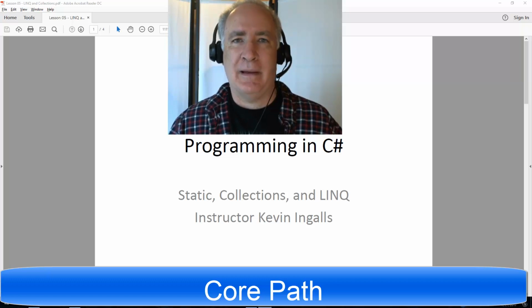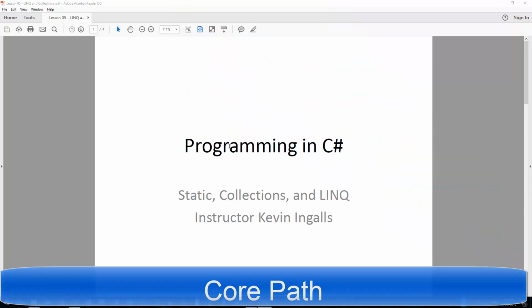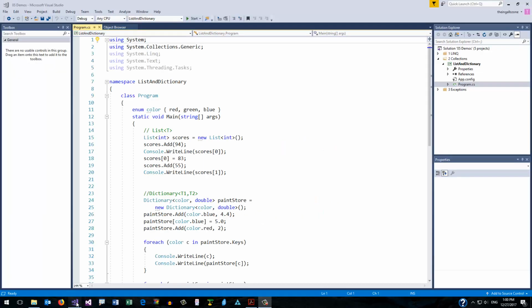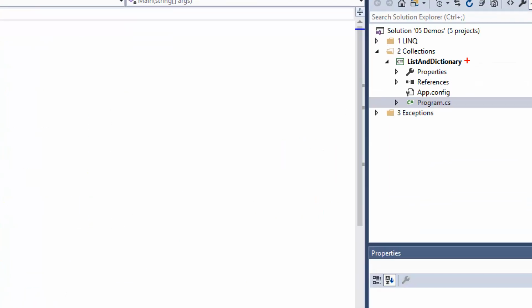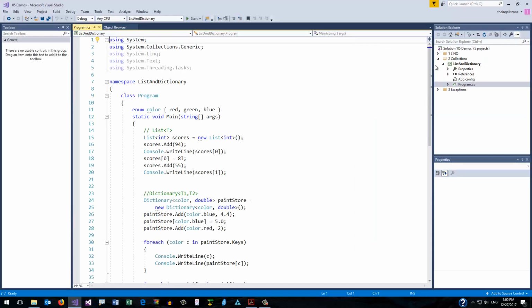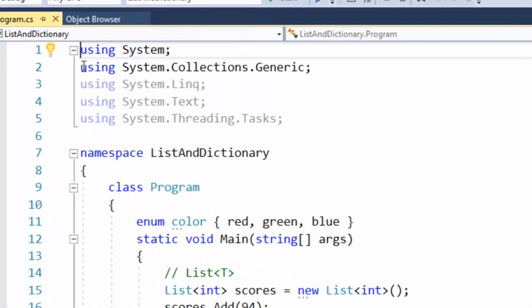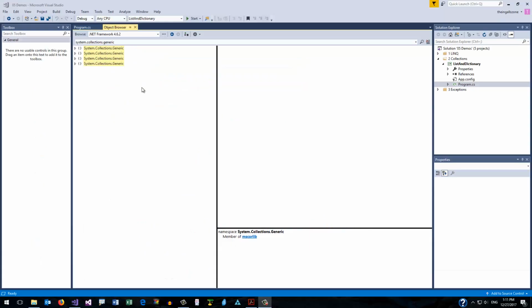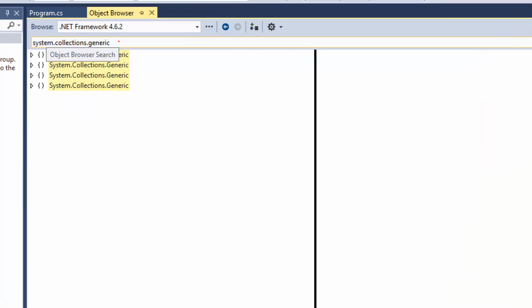Let's talk a little bit about collections in C#. We'll start by looking at a program called List and Dictionary. We're looking at the program file from that project, and one of the using directives is for the namespace System.Collections.Generic. If we go into the object browser and search for System.Collections.Generic as a namespace,